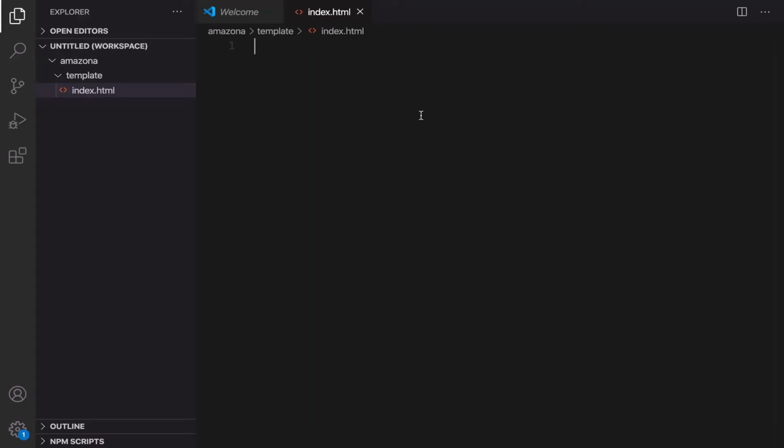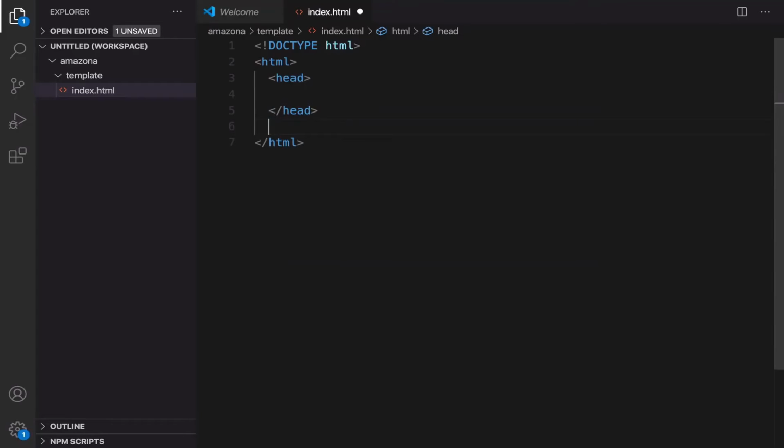It starts with angle bracket, exclamation mark, doctype, and type HTML and close the angle bracket. By having this line, we set the version of HTML to 5. The next element is HTML itself. Inside HTML, we have two sections: head for entering metadata about this document, and body for putting content of this